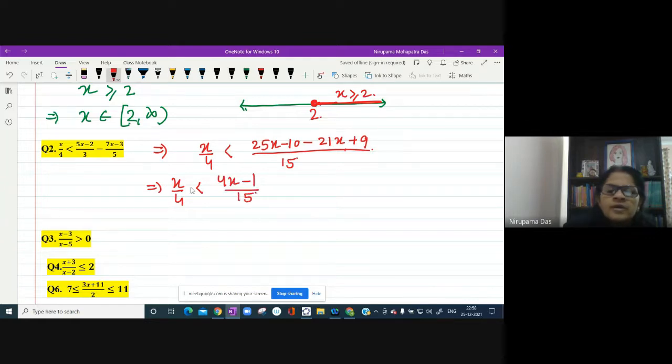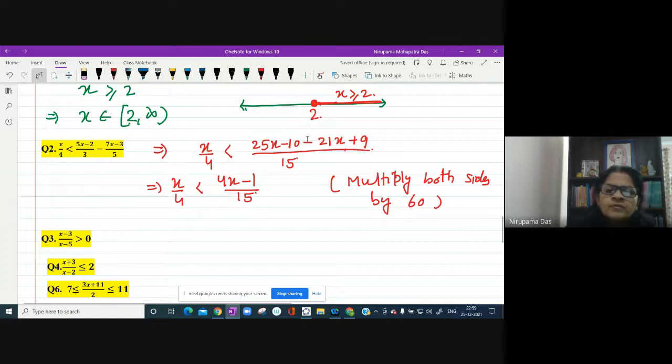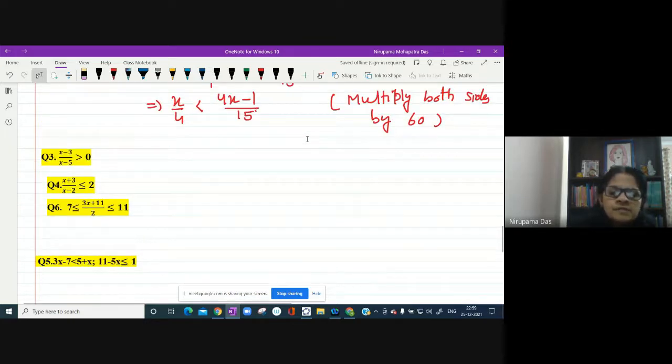Now it is just like the previous question. So for 4 and 15, the LCM is 60. So what you can do is multiply both sides by 60. Whenever you multiply both sides by 60,